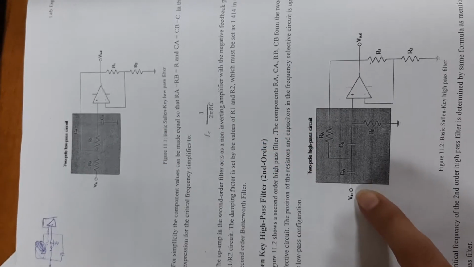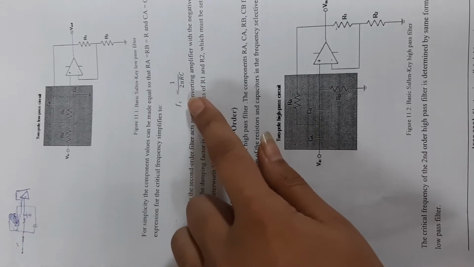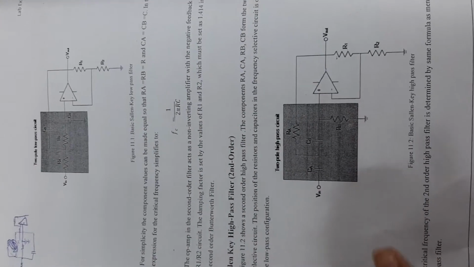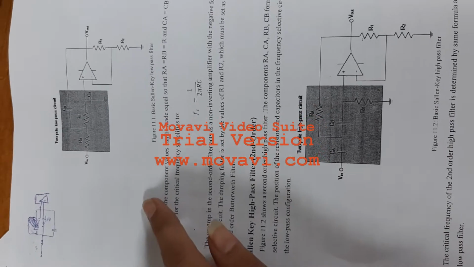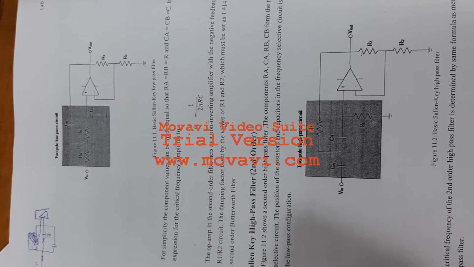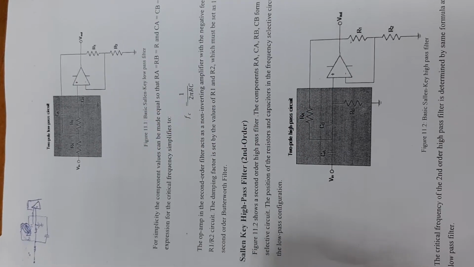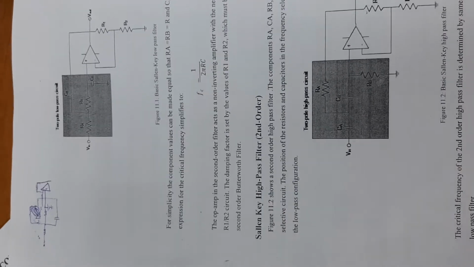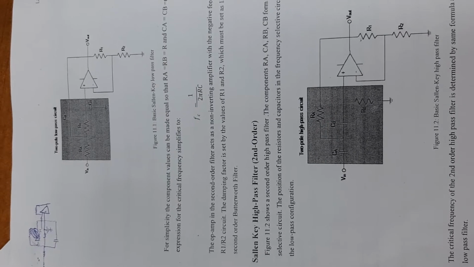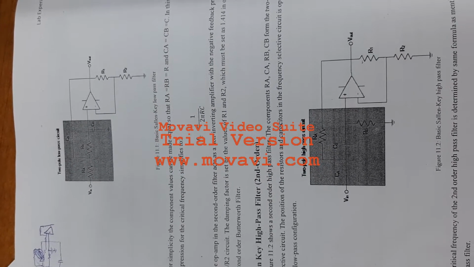The cutoff frequency formula for this filter is the same as for the low pass filter, and I have designed this filter for the same cutoff frequency as the low pass filter, just for simplicity. So you can see the trend of these two filters. The only difference between the first order and second order filter is that the second order filter provides a sharper transition than the first order filter, and it is closer to the ideal condition.